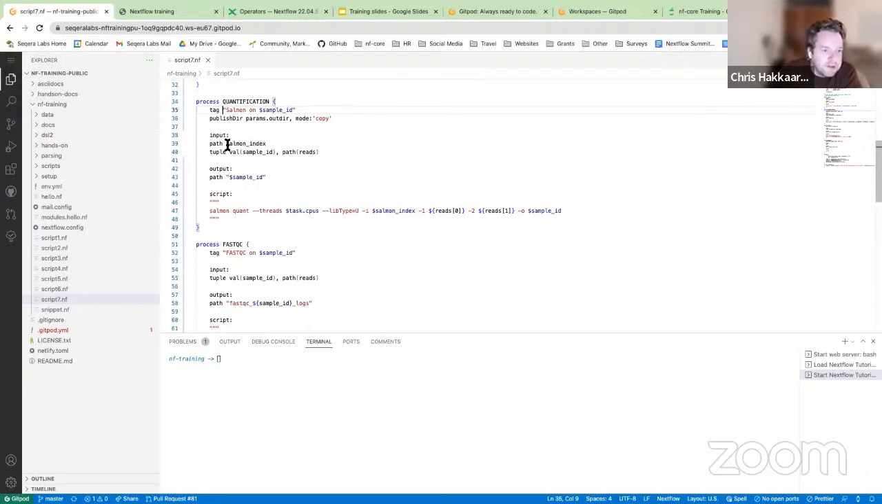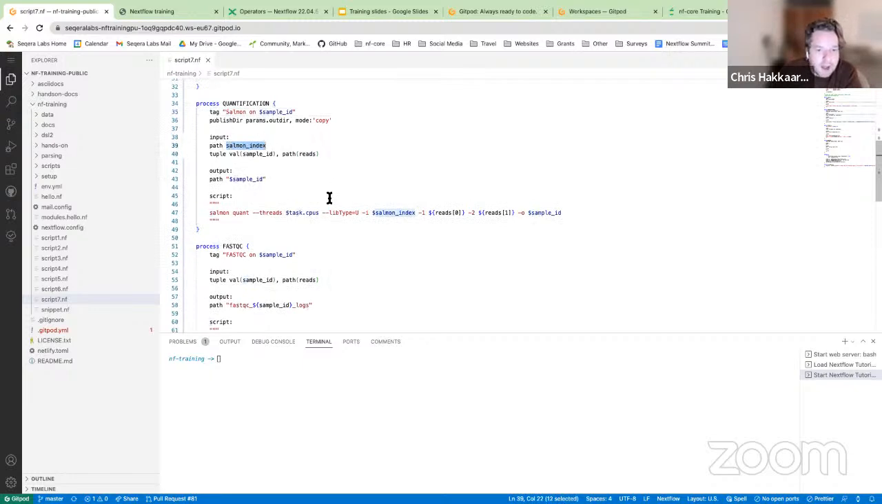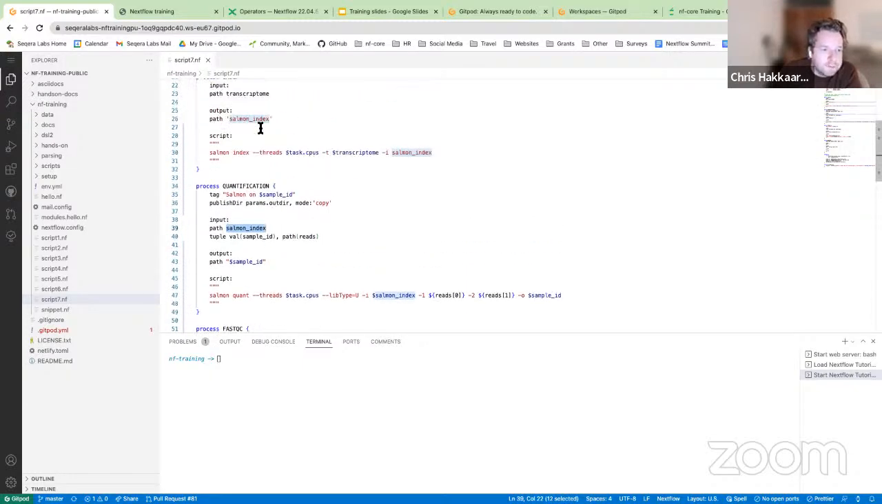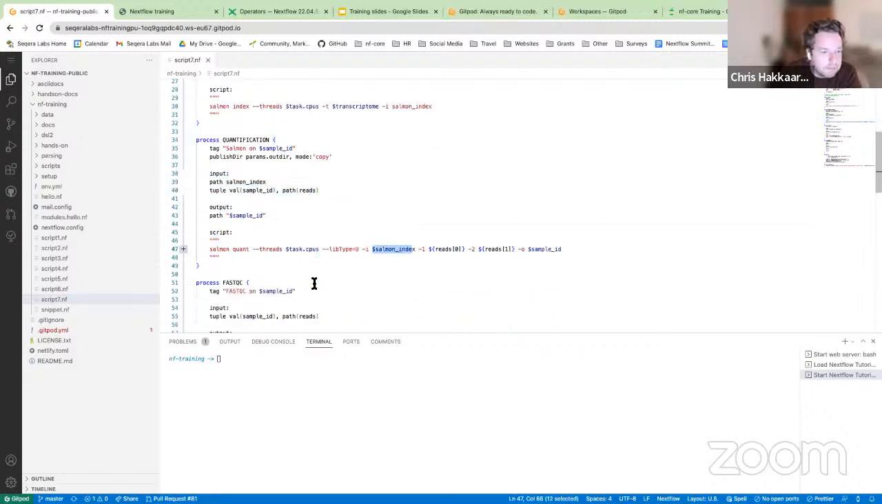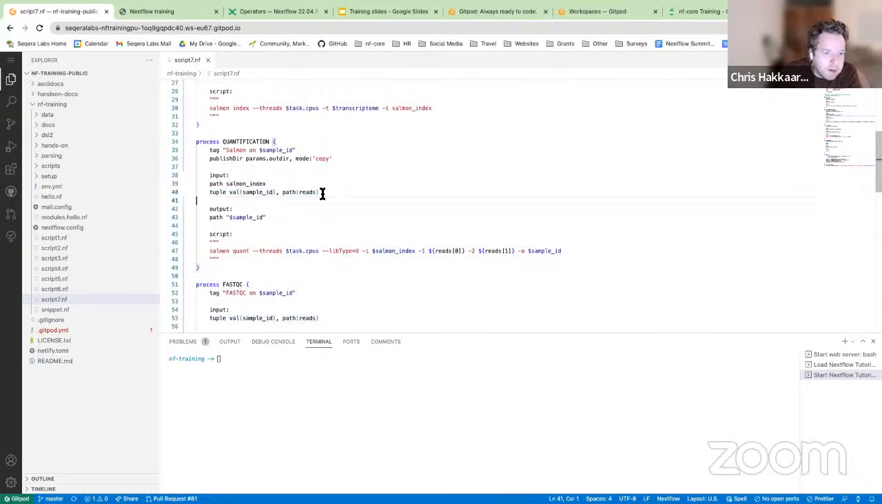We see here that we're using this salmon index, which is something that we do define up here, but technically you could call it something different. We'll touch on that a little later, but these names are reasonably arbitrary, what you actually call them in the inputs and outputs, as long as they're consistent between what you're calling them here and what you're calling them in the script as the variables. We talk about a tuple here. Again, we'll come back to it a little later, but it's basically